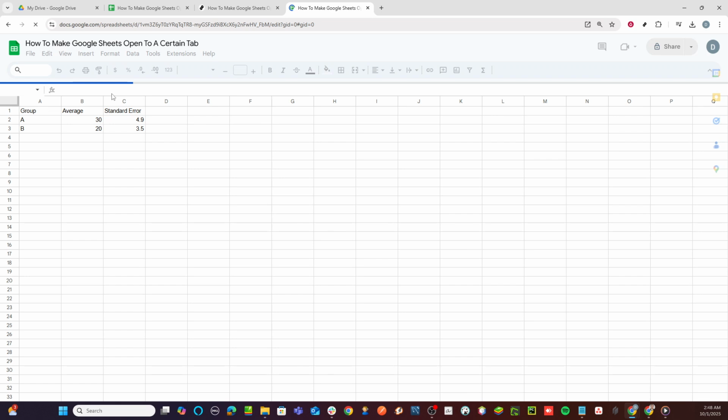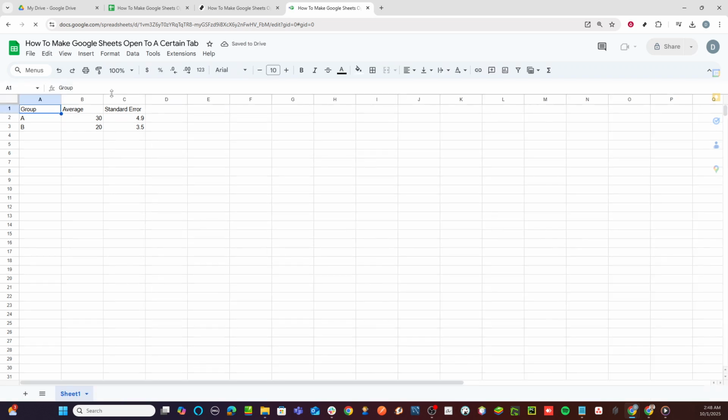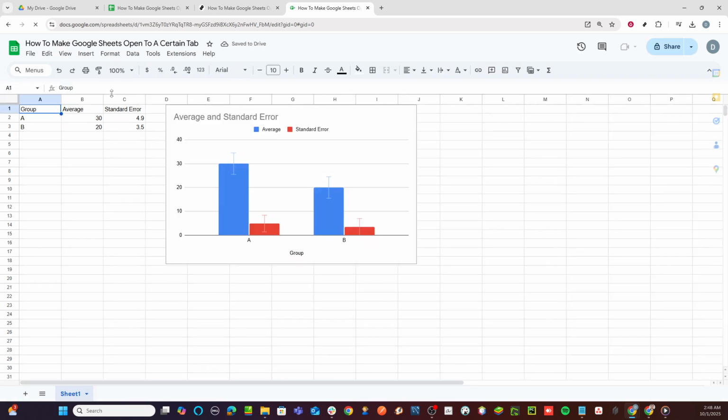This is the full sequence to ensure that anyone accessing your Google Sheet from the new URL link lands on the exact tab you've designated. It's a simple yet powerful tool to enhance the focus and efficiency of your spreadsheet navigation. Now you're all set to share this streamlined and organized Google Sheet with colleagues or friends, directing them exactly where